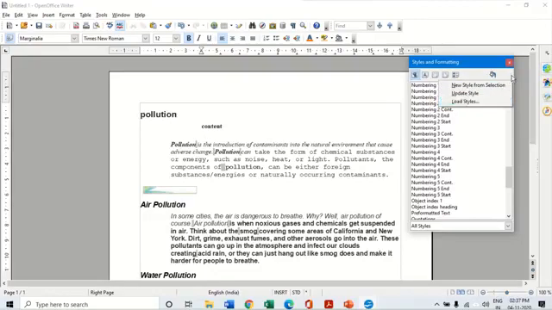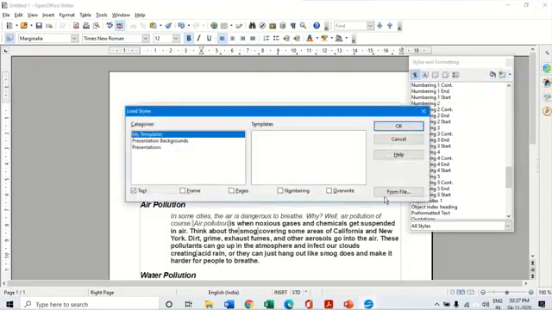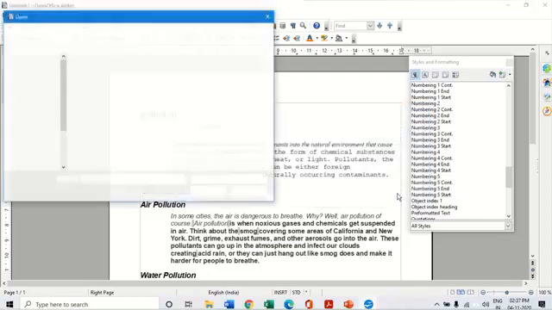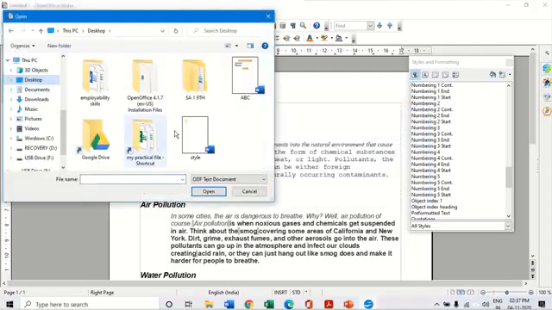Once again click on this option, click on load styles. It will ask you from where do you want to load that style? I say I want it from a file. Now select from the desktop the ABC document. I click on open,